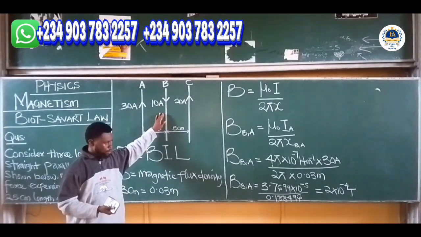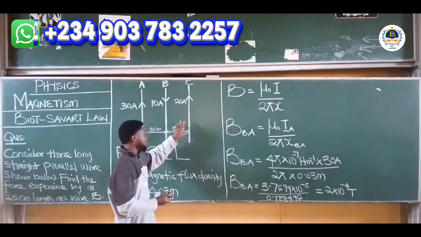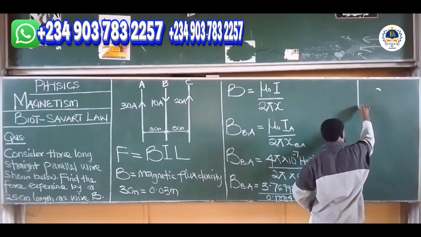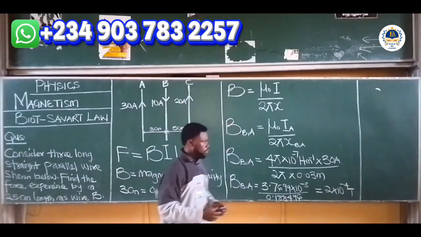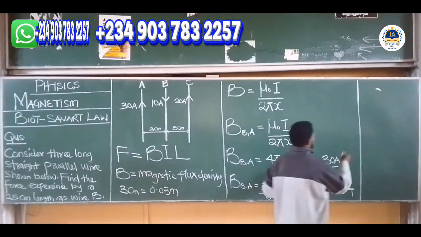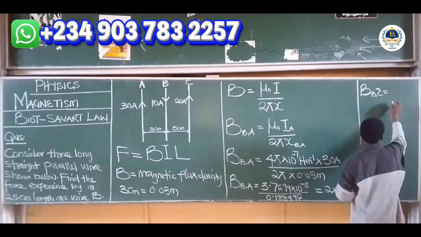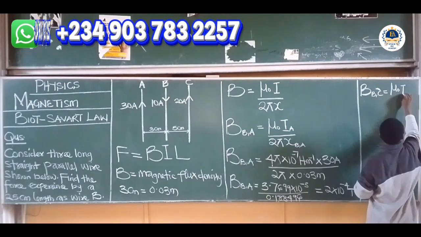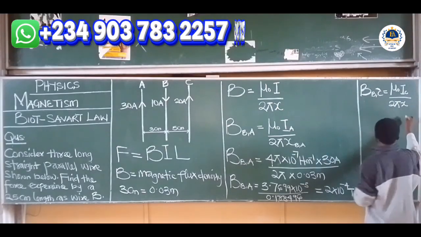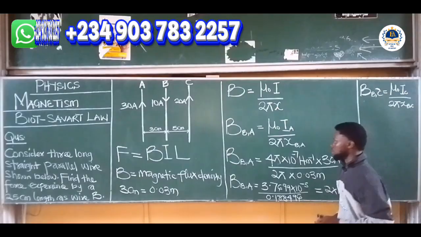Now the next step, which is step number 2, we are going to determine the magnetic field produced by C at B. That will give the magnetic field produced by C at B, B_C, which is equal to mu naught times current at C divided by 2 pi, the distance between B and C. So we obtain